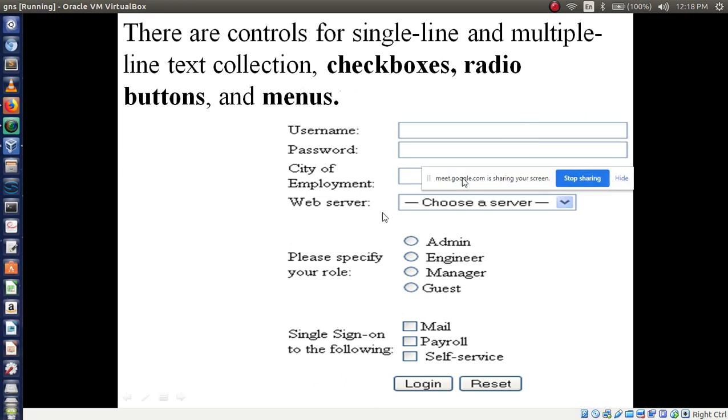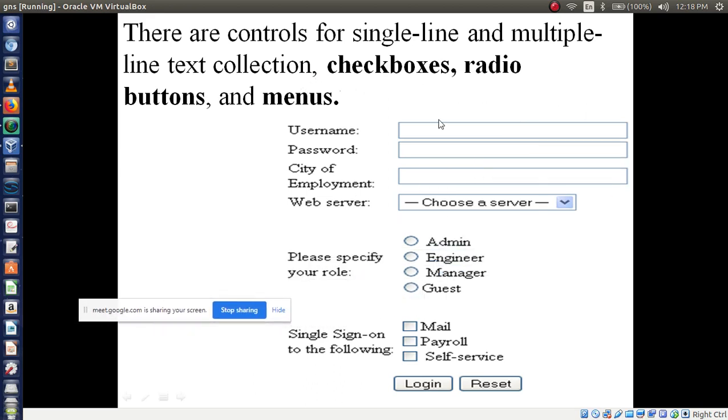See, if we use a box like this, these are called text boxes. It will look like a box, right? What will it accept? It will accept text. That's why we can give the name text box. There are two types of text boxes.